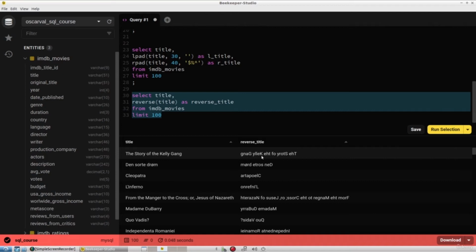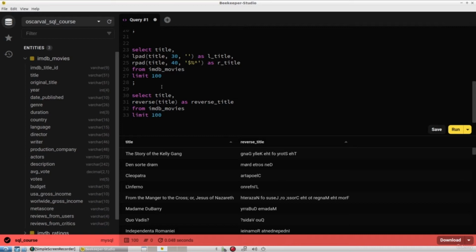It's probably very easy to see what's going on here. This string is actually reversed. So if you see the title displays just as the movie title would, when I apply the reverse function, the title actually just transposes, right? So like now we have "the" at the very end, but spelled backwards, story of the Kelly gang, right? And so on. So you can kind of see that that is all that the reverse function does,